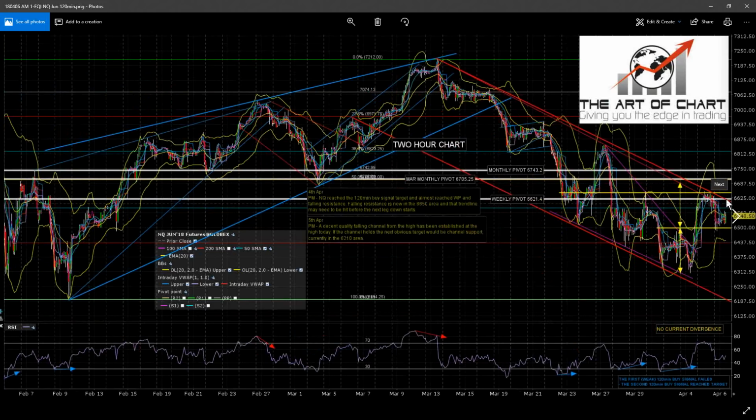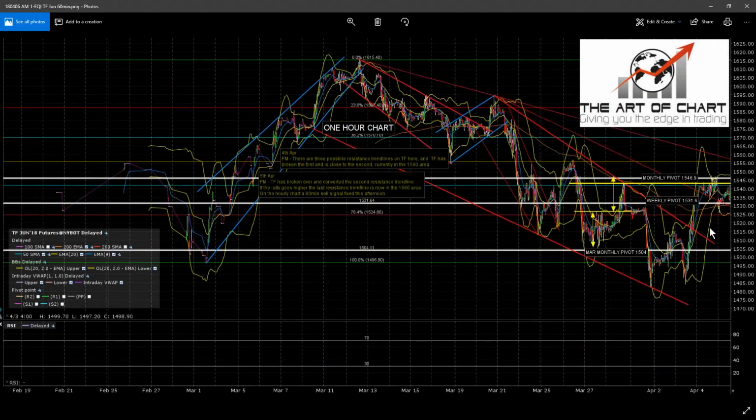My working assumption is this isn't going to break, and we've got resistance. That resistance is now at the weekly pivot, and that may be very strong resistance. If this does hold, this sets up the next leg down and gives us a target for where that's likely to go, which would be channel support, currently in the 6185 area. TF wasn't that much affected overnight, partially because it was closed for quite a lot of the period when the markets were falling. Really looking for a retest of this high.